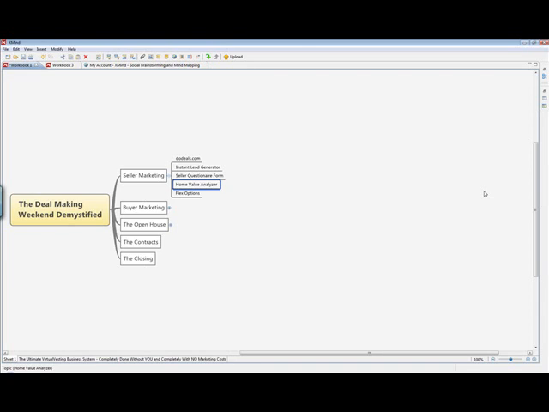Okay, because from all of the work that we did on Friday, we got like 5 properties for us to market and try to sell on Saturday and Sunday. Okay, so far that's what they did in seller marketing. Do you guys have any questions there so far? That's pretty easy, right? Pretty straightforward.